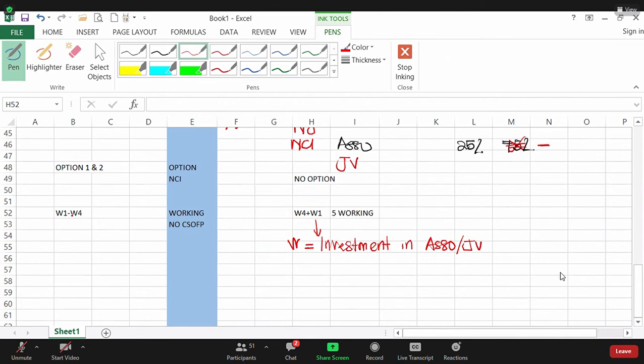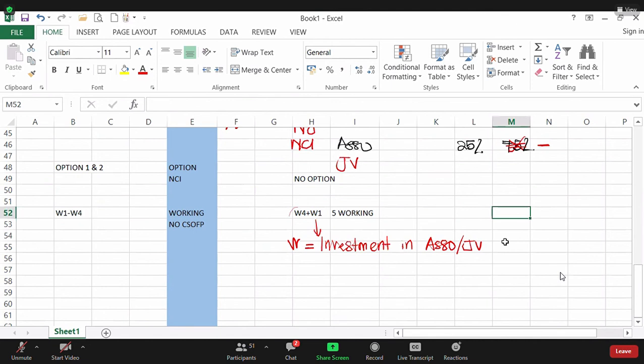The other 4 remain as usual. So if we list down the workings, working 1, if we prepare consolidated, is the group structure. Working 2 is net assets, goodwill at DOA. Number 3,